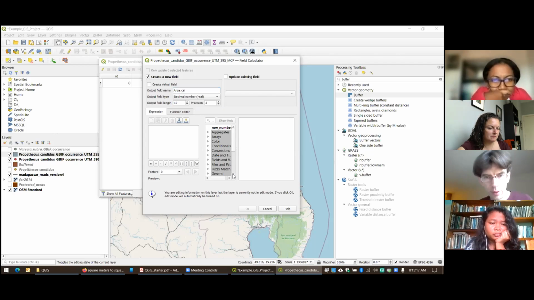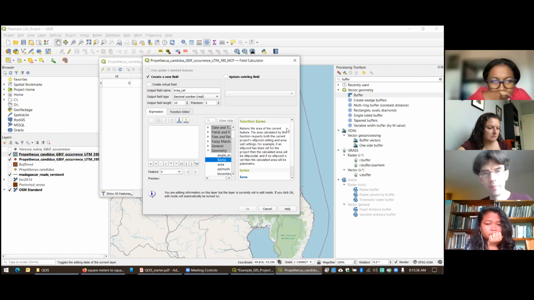And now you have a variety of different types of calculations that you can do. Obviously I can't go through all of this today, but these are all kinds of different essential calculations you can do. Now, the one we're interested in is geometry, and it's this $area. If you click on it, it gives you a little description over here in the right-hand side about what it's doing.